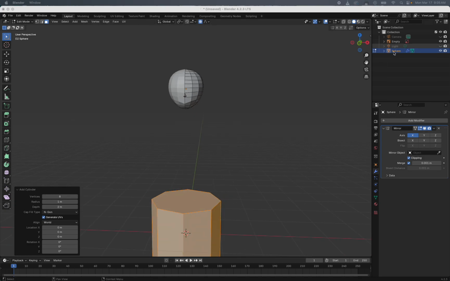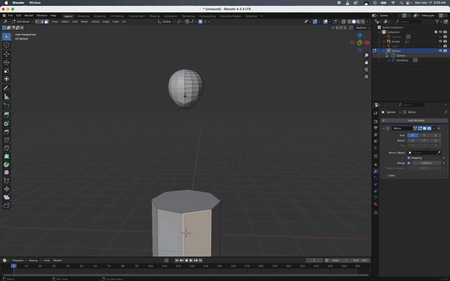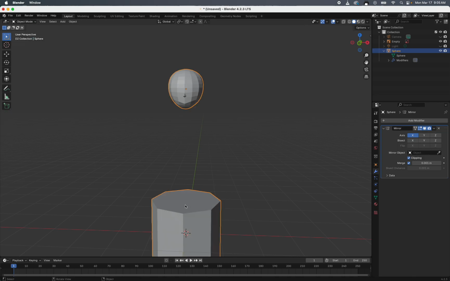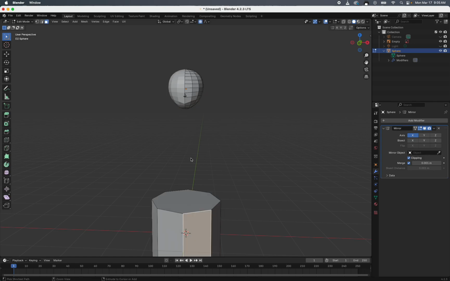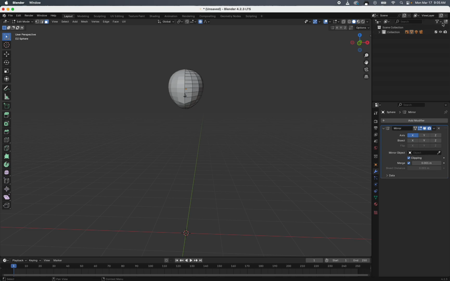Now, if you notice up here, what happened is this cylinder is still up here in the same collection as the sphere. That's why you don't see the cylinder showing up in its own box up here. If I select this and move it around, it moves the head around as well. So I'm actually going to undo that cylinder, and I'm just going to go up here, close this out,